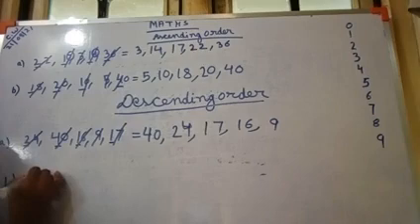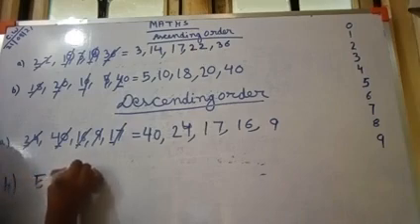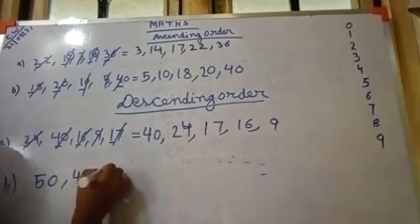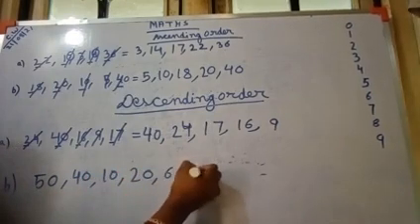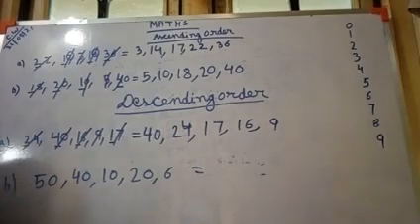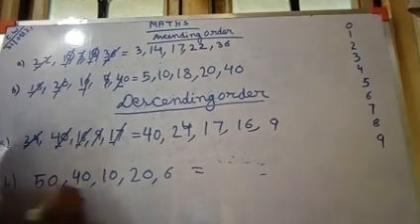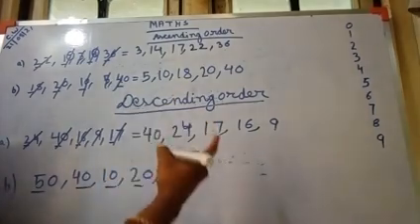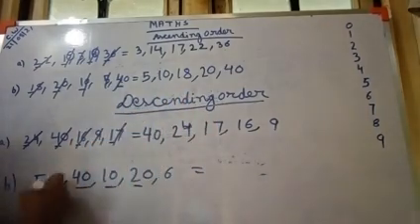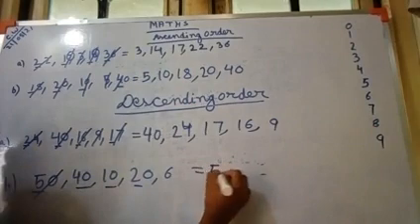One more question you see, I have written. Okay. Between 50, 40, 10, 20, 6 is the smallest one. So we will write it afterwards because it is a one digit number. See here 5, 4, 1, 2. So see the tens place number here. When you are counting from back side 9, 8, 7, 6, 5 will come first. So 50 is the bigger one.